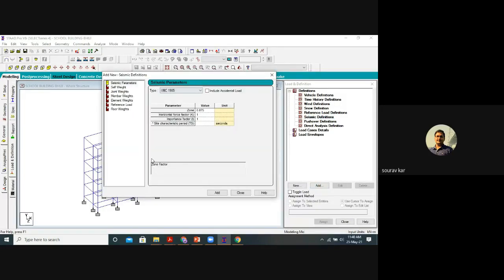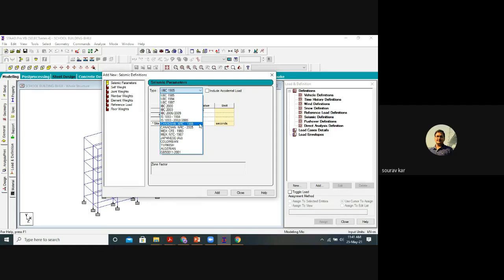A window will come. Now what we will do? Type of the code to be selected. I will click this down arrow and select an Indian code. We have two Indian codes: IS 1893 1984, which is very primitive, we don't need.